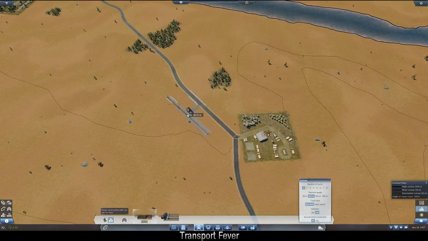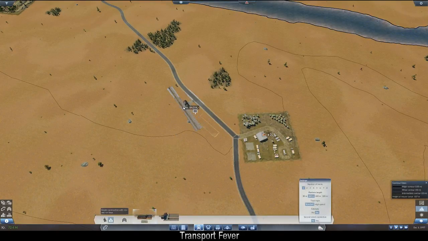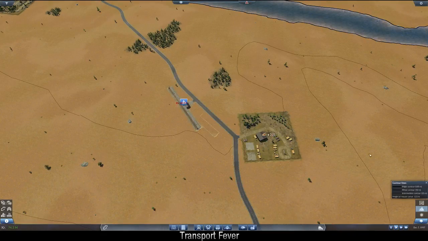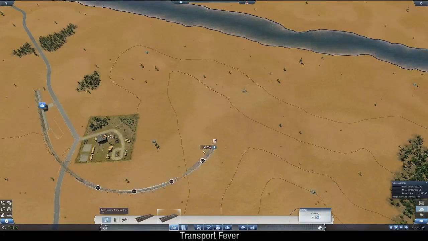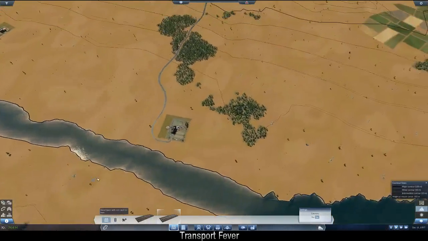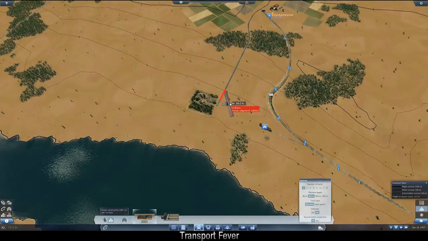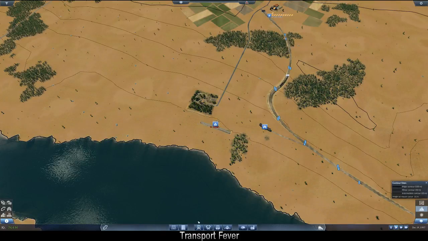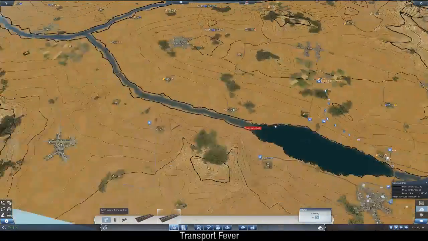So I think I only need one. Actually, I will make it so it can like loop through like this. Where is it? There it is. And the same here, I'll make it go straight through this area. But I guess this would be much better for the flow of trains and stops and whatnot. And let's